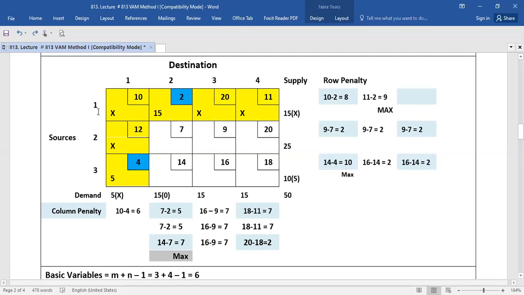Yes, here we have, you will make your allocation in this cell. This is the minimum cost in this column. So here we see that 0 is the demand and 25 is the supply. So your demand is 0. You will put 0 in this cell and put a cross in front of 0, and your supply will remain the same, and also put a cross sign in the blank cell. This is your loaded cell and this is your blank cell.